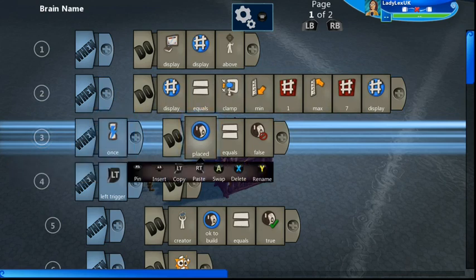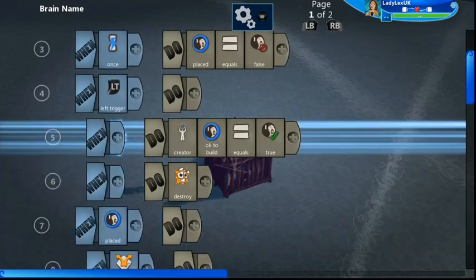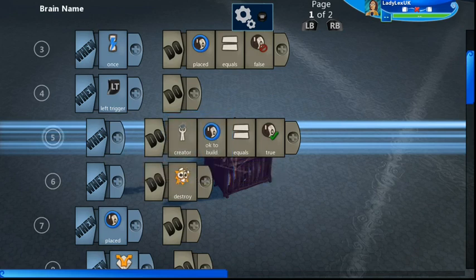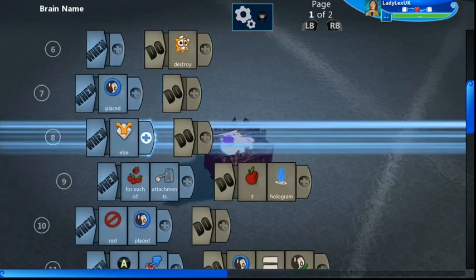And then we're going to say, start off with, we have not been placed. Placed equals false. If you press the left trigger, this is going to clear it. This is going to delete it. We're going to set our creator, which is the player's OK to build boolean, back to true so it can make another one. And then we're going to destroy this cube, and this will destroy any hologram with it. When it's been placed,